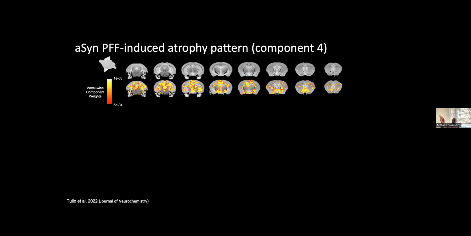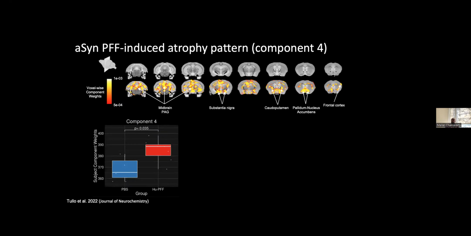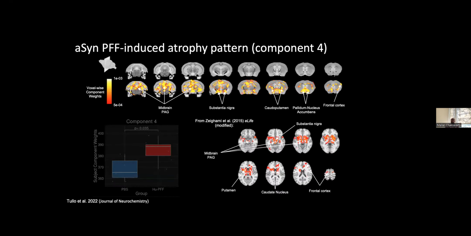And so what Stephanie did in a cross-sectional experiment, which is now published in the Journal of Neurochemistry, 2023, is use a multivariate technique similar to a PCA analysis to look at network-like spreading in the mouse. She finds this canonical signature, a biomarker, if you will, of neurodegeneration in the mouse brain after you inject with these preformed fibrils, suggesting that even if you inject in the dorsal hippocampus, you get a spreading across the brain that gives you a neurodegenerative pattern. That pattern is elevated in the mice that received the preformed fibril injection and is akin, at least qualitatively, to what we see in other human experiments using similar techniques.